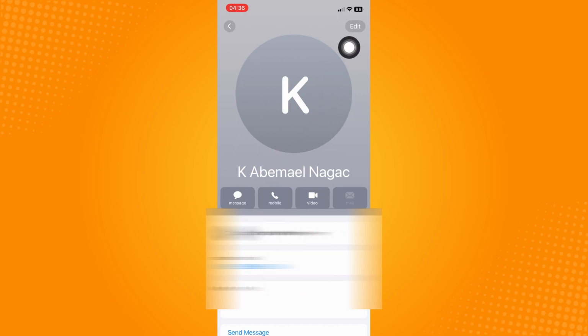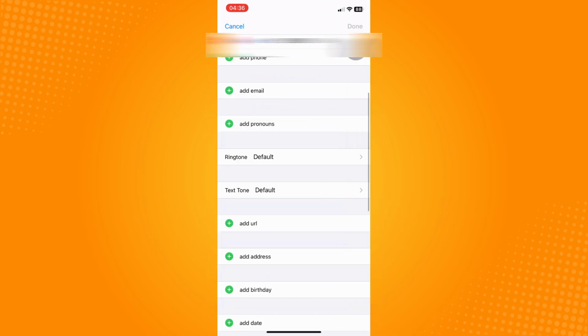And then all you're gonna do is on the upper right, you'll see edit here. Click on edit and scroll down up until you see ringtone, and as you can see, it is currently set on default. Now if you wish to set a customized or different ringtone for that specific contact, click on ringtone,